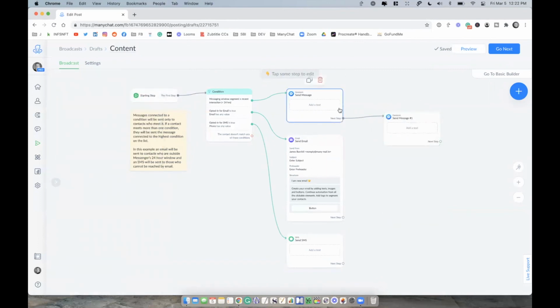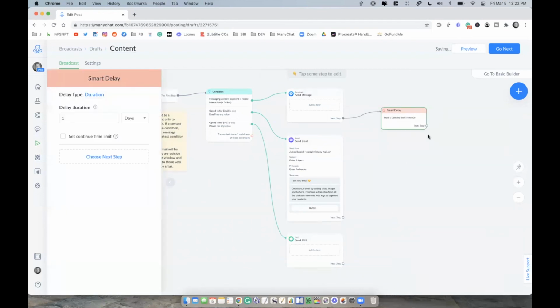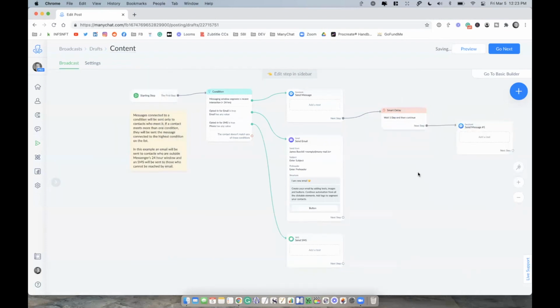So that's going to be one message, then immediately send another. Probably not a smart play. So let me delete that. What I would do is say, send the first message, then let's delay it, and then send another message. Okay, now of course,